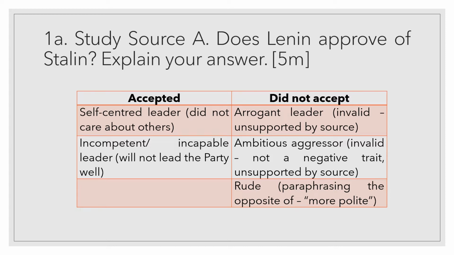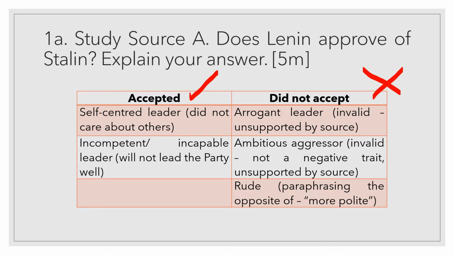Now, for the answers that I did not accept, it is when you say that the source negatively portrayed Stalin as an arrogant leader. This is simply invalid because nothing in the source tells you that Stalin was very proud, very arrogant. So this adjective itself is not a valid adjective used to describe Stalin in the source. The next answer that was also not accepted was when you said that Stalin was an ambitious aggressor. This is not really